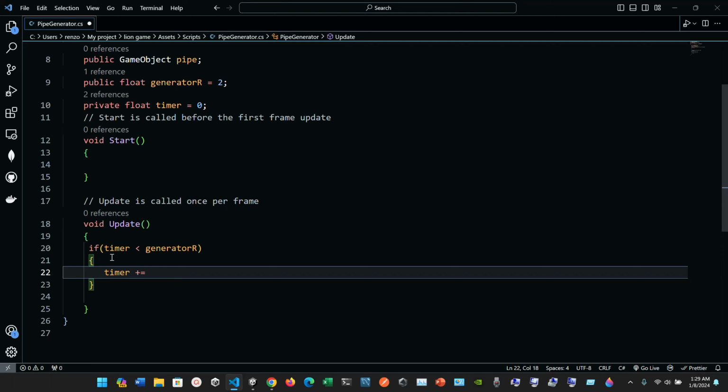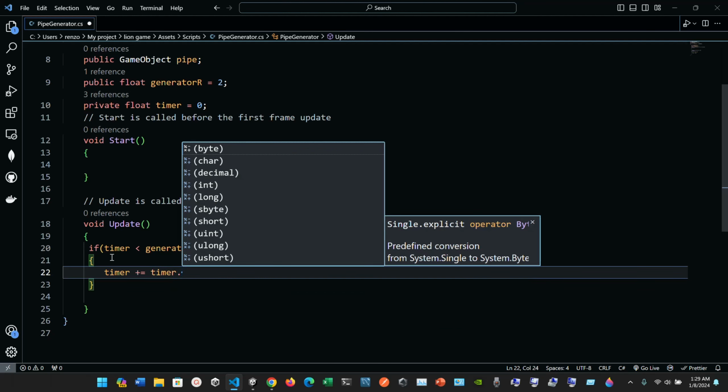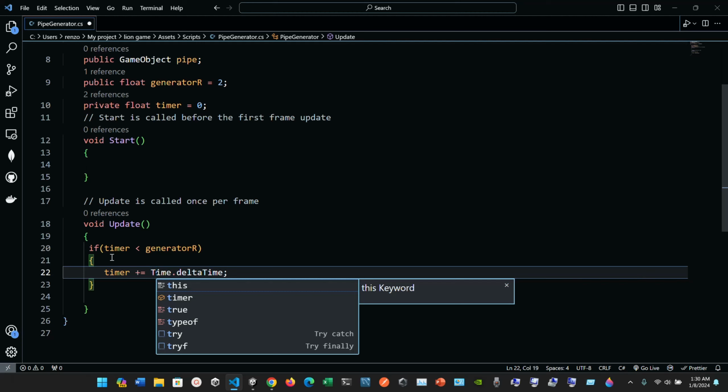So it's gonna be timer, assignment operator, and then time that delta time like that, semicolon at the end. Okay, so it's gonna be time